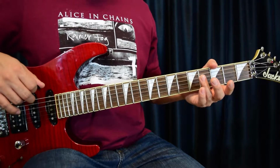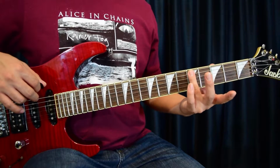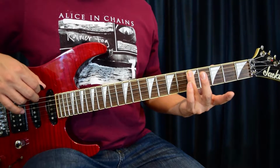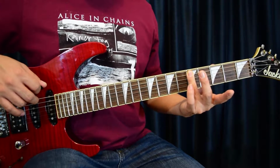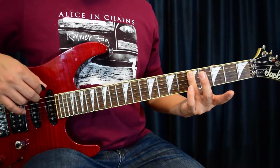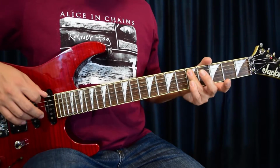Now we're going to start with these double stops. What you're going to be doing with double stops on this is you're going to be laying your fingers flat across 2 strings, and they're always going to be on the same fret for this one. And it's going to start on fret 5, string 5 and 4. So we're coming from the thumb,